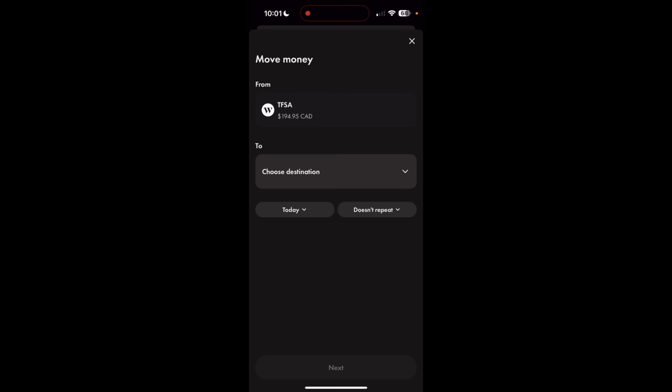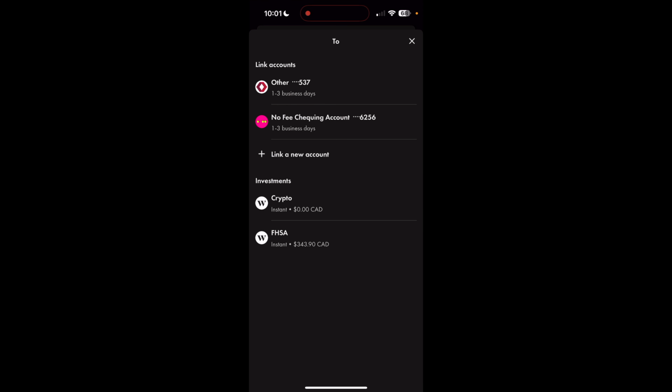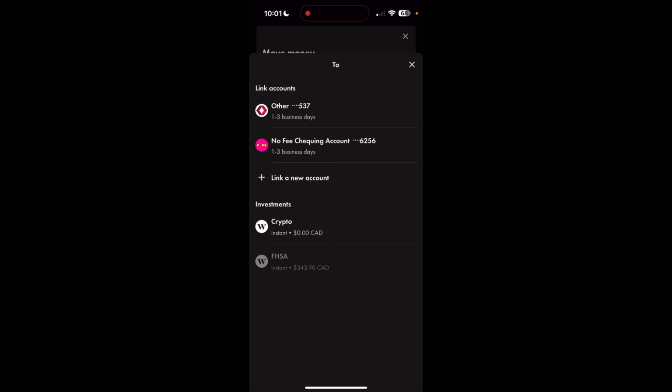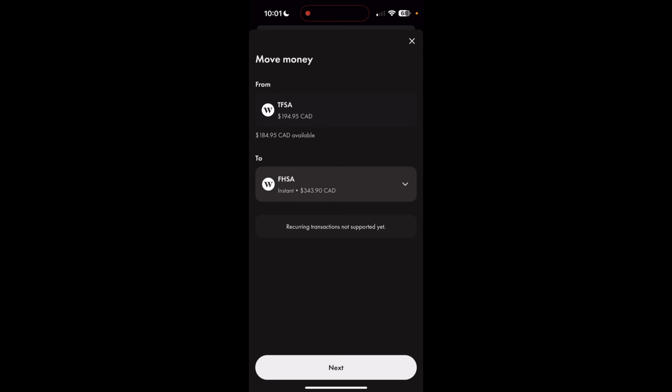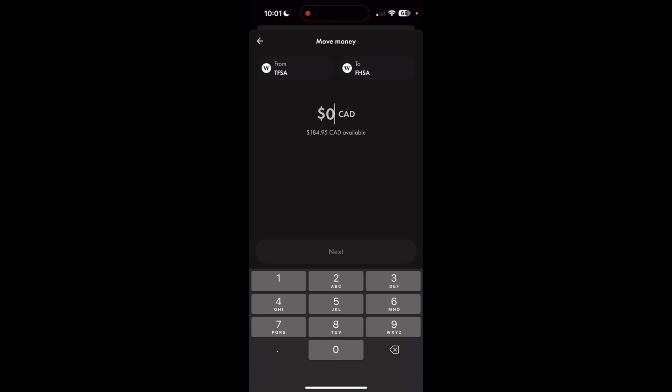Next, click Choose Destination. On this screen, you'll see a list of other Wealthsimple accounts like your TFSA, RRSP, personal, or crypto accounts. Select the account that you want to transfer to. Now, click Next. On this screen, enter the amount that you want to move. Just make sure that it's equal to or less than the available balance that you saw earlier, and then tap